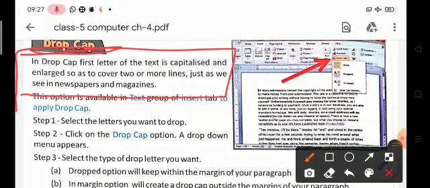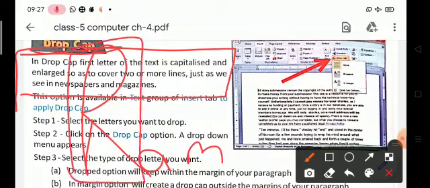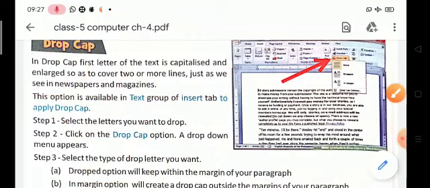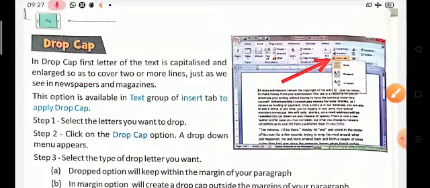For example, suppose that I am writing here Ram. So like this, RAM. Here look at this first character. Children, this first character is capitalized and enlarged, so it covers two or more lines.